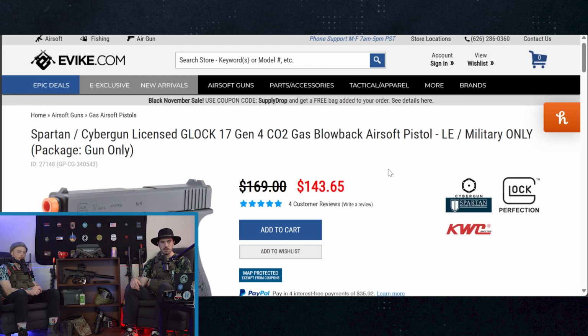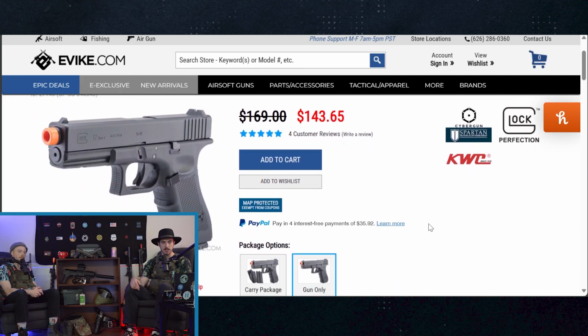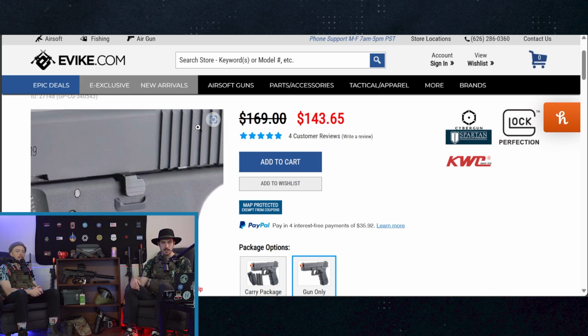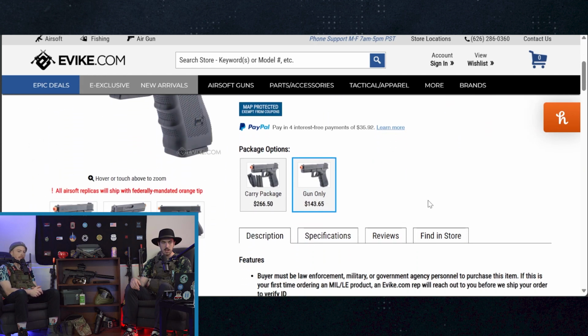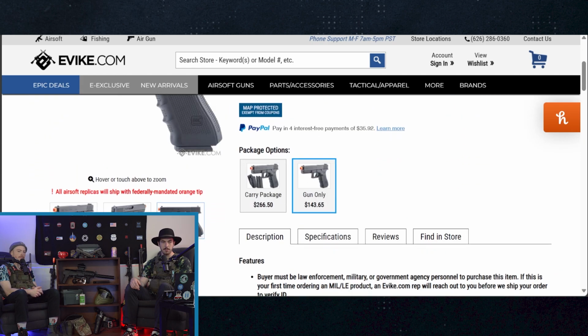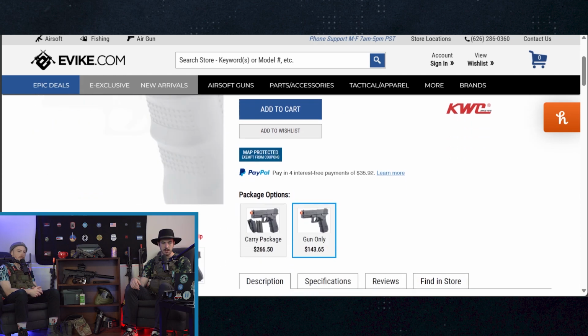Oh, this one is also Cybergun and Spartan, but KWC. I'm not familiar with this company. But this is a slightly cheaper version, just a little bit cheaper. I think it's on sale right now. But this one also looks good, man. It does. I'm sure the orange tip comes off. Maybe. Same thing underneath. I mean, this might just be their version with the orange tip. Why is it doing that? I'm trying to zoom in on the...